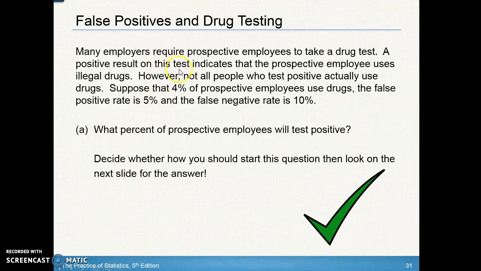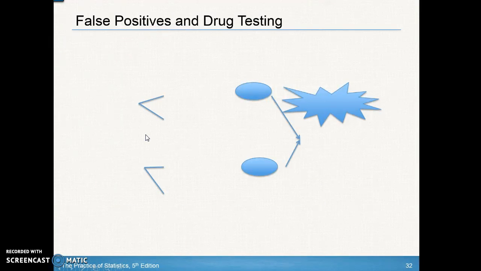Okay, so hopefully you recognize the fact that this says, suppose that 4% of prospective employees use drugs. Basically 4% of the prospective employees use drugs. The false positive is 5%. So this right here is a conditional probability. So when this is saying of prospective employees, we have two conditions here. We have the condition that we have a prospective employee and the fact that we have a false positive rate and a false negative rate. Both of those false positives and false negatives are based on whether or not they use drugs. So once you understand that that's a conditional probability, hopefully you'll recognize that you want to use a tree diagram